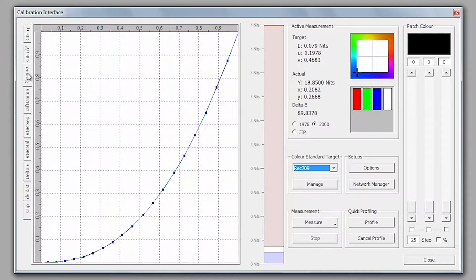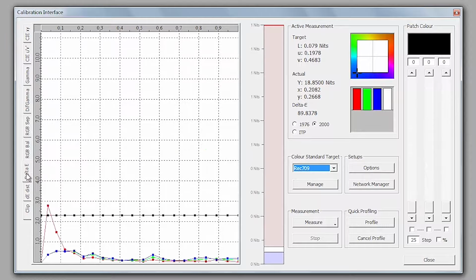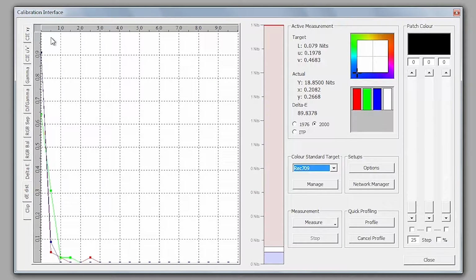is excellent. We could also go to our gamut coverage and see that it looks pretty spot on. RGB balance looks quite good. We can look at our delta for white balance, which also looks great. And then delta E distribution really tells us the complete story, and what we're looking for here is a very left-weighted graph. What this tells us is the percentage of delta E values that are between 0 and, for example, 0.5. And we see that depending on the delta E metric used, that is anywhere from 65 to 90+% of readings. Then not much of anything really over 1 or 1.5, so a very good calibration that was done very